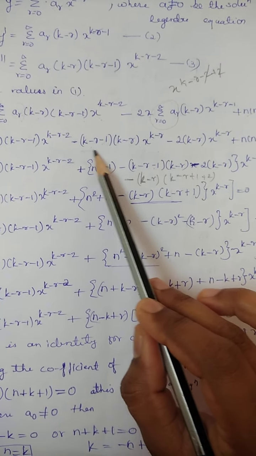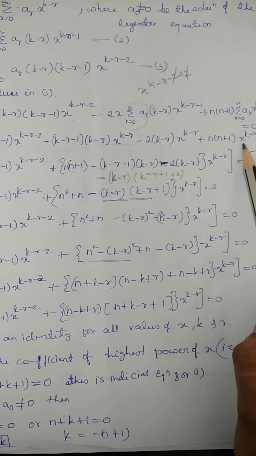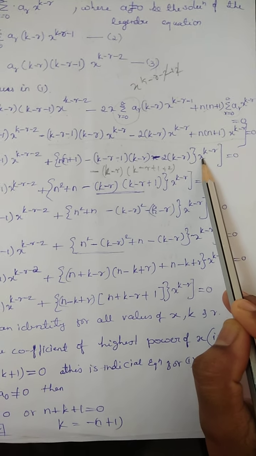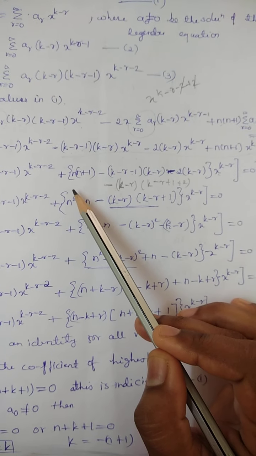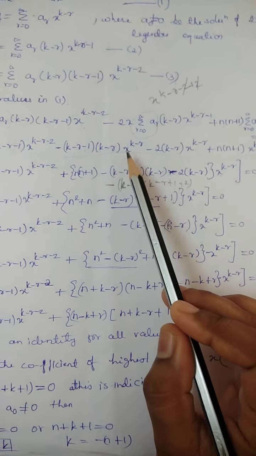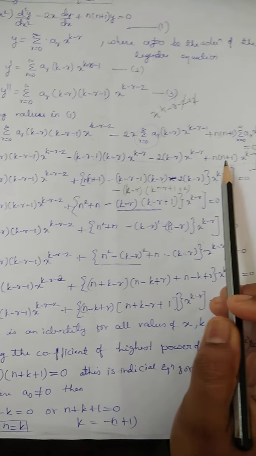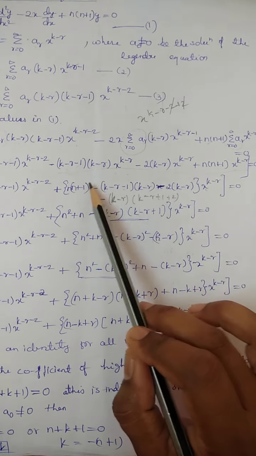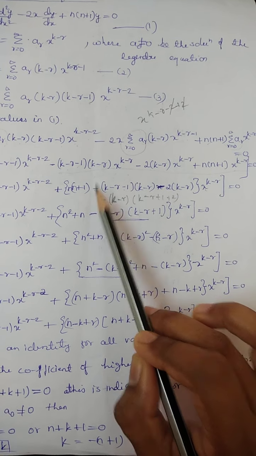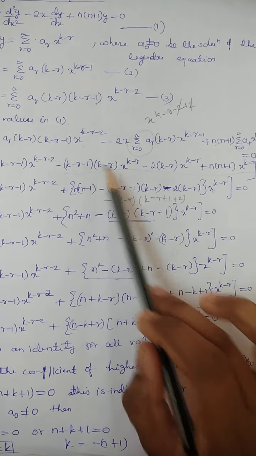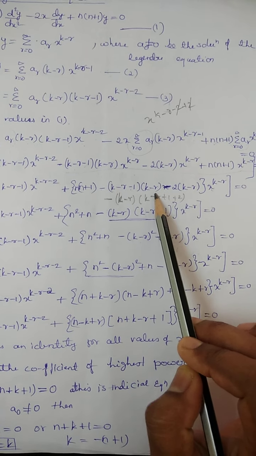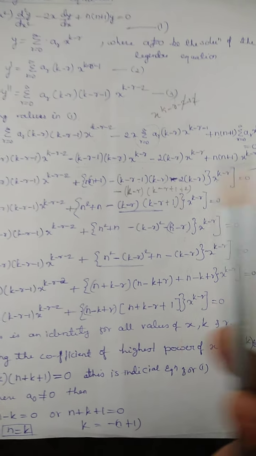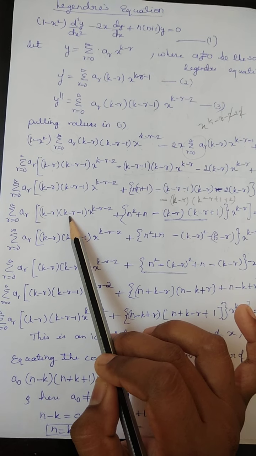Now we can see here in this term, okay, x raised to k minus r common. We can take x raised to k minus r, okay, and put a flower bracket for this inside term. If x raised to k minus r is common, okay, so what is remaining? So the remaining term, positive term we will write first, n into n plus 1 is remaining, then minus this we will write k minus r minus 1, and this is k minus r, and this is minus 2k minus r, that is equal to 0. Okay, next again this term we can write as it is.